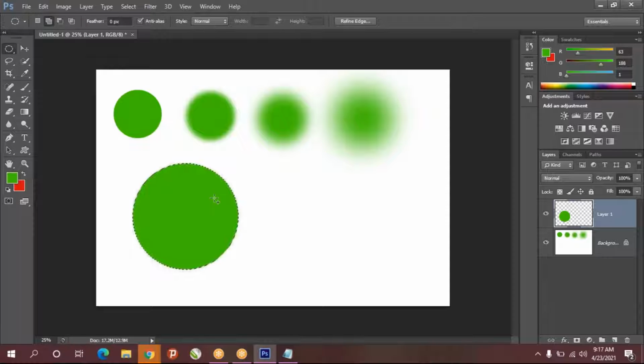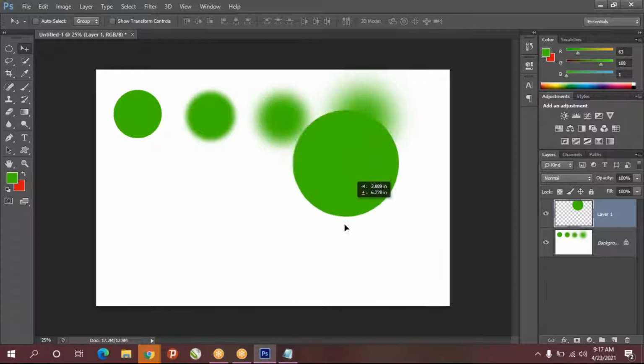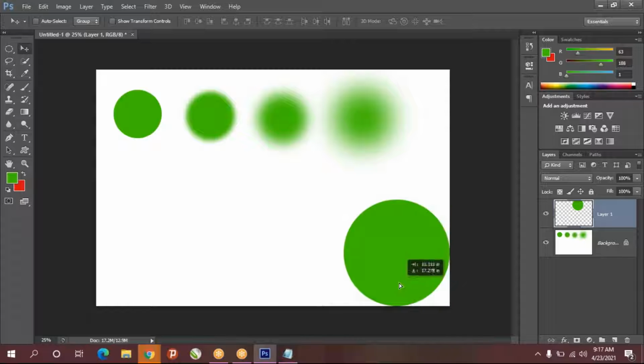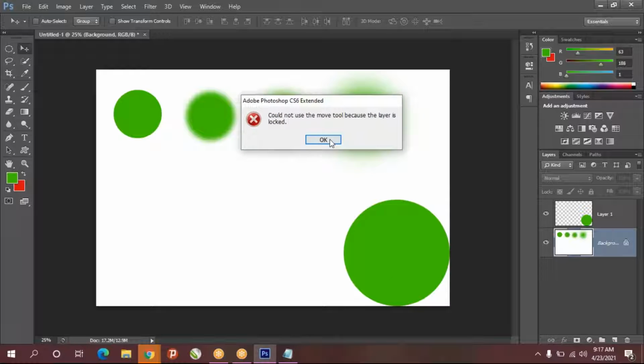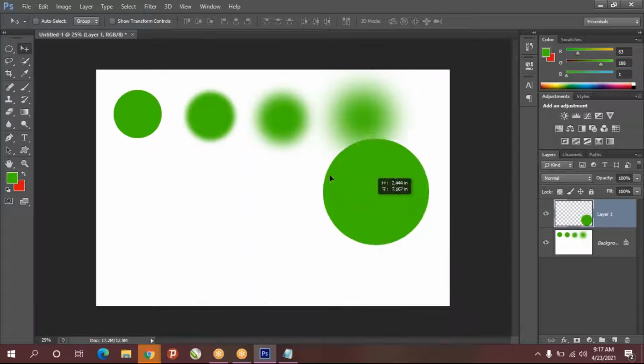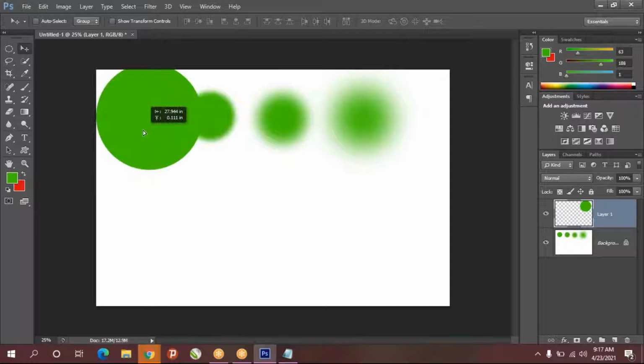Alt backspace, Control D. Once you take a new layer and make any shape in it, we can move it using the move tool, wherever you like. But in the background layer, whatever is there, you can't move it because it is like painted on that particular paper. But this one you can move wherever you like.